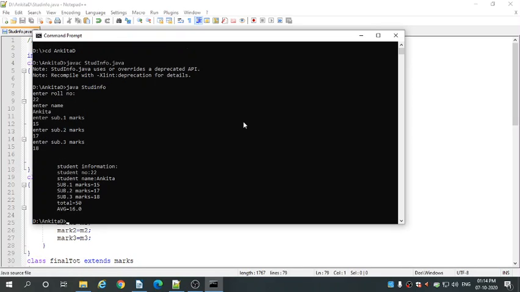The result will show the student information, student roll number, that is 22, student name Ankita, and marks of 3 subjects, that is 15, 17 and 18. It is adding these 3 subject marks, that is 15 plus 17 plus 18, and it is showing you the result, that is 50, and the average, that is 16.